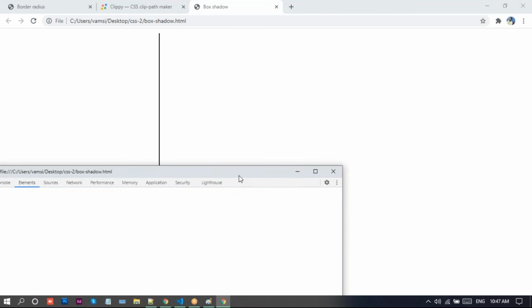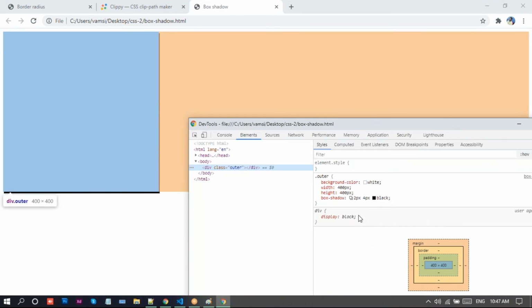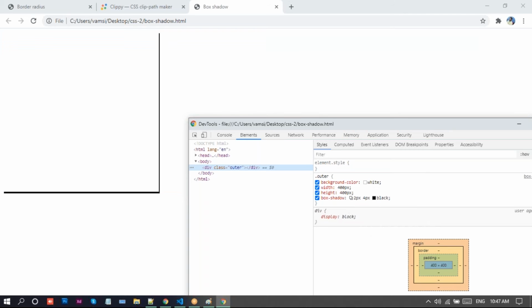Now look at this: we placed 2 pixels, which gives the offset x and offset y. Here we have 2 pixels, 4 pixels. Now I'll make it 6 pixels. So 6 pixels stands for blurriness, it will add the blurriness there. If you don't want this black color, you can also give transparent colors. You know RGBA, right?